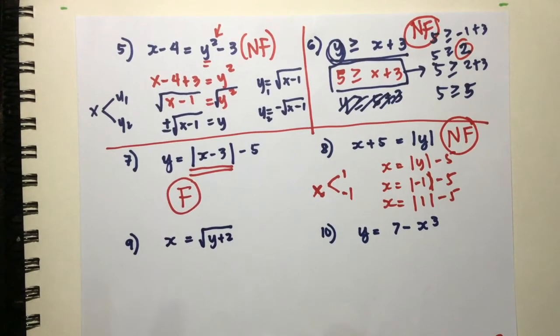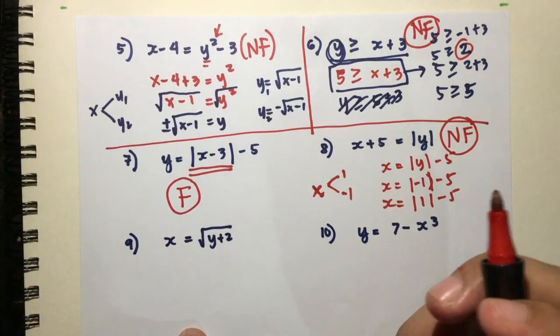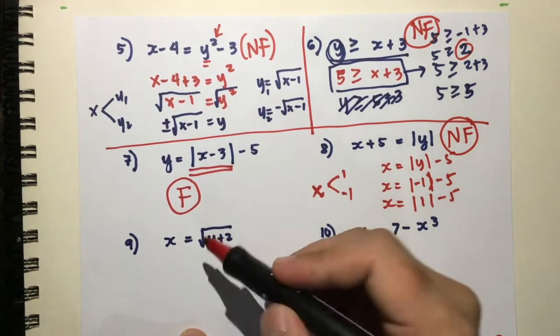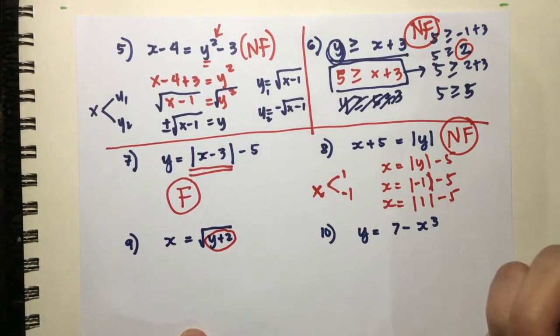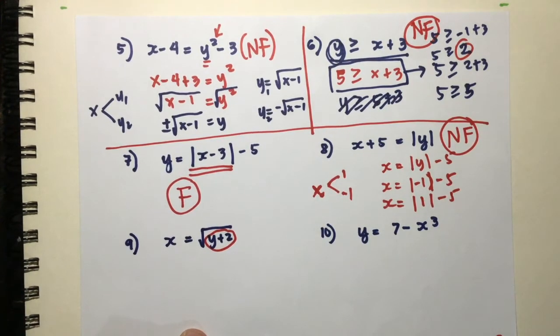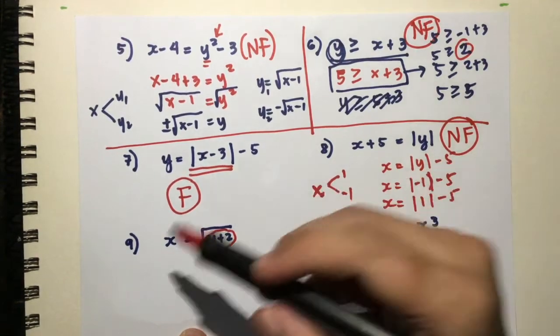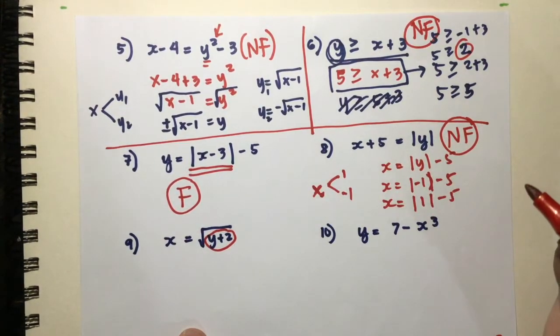In number 9, you are dealing with a square root. Okay, all the values that you can get here will be positive. Okay, so you're restricted to positive here. You're not allowed to get negative because it will be imaginary. It will actually tell you that for every value for x there will be a unique y. Okay, or you can simplify that further as